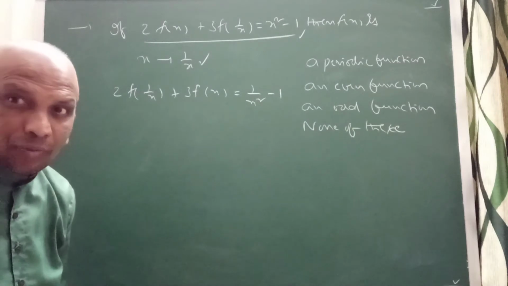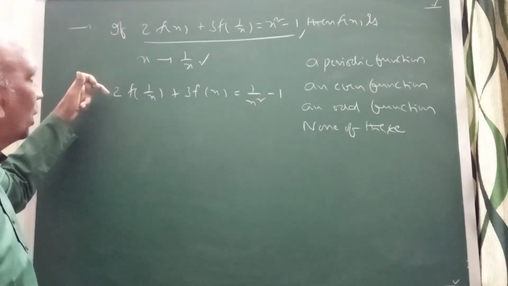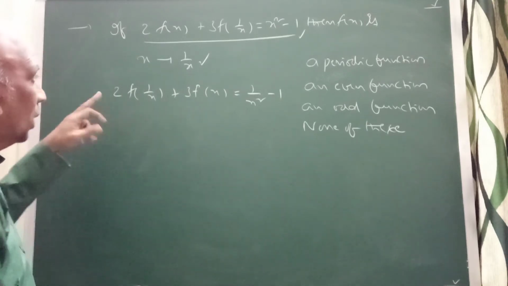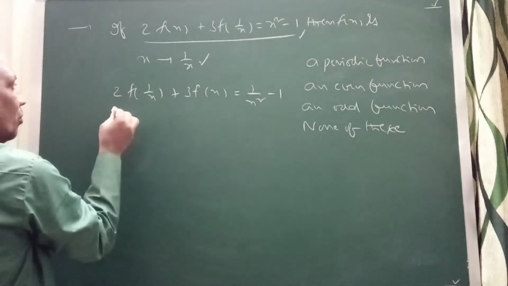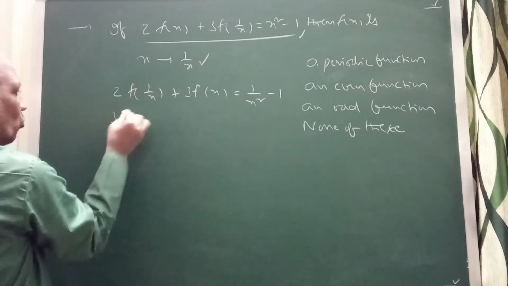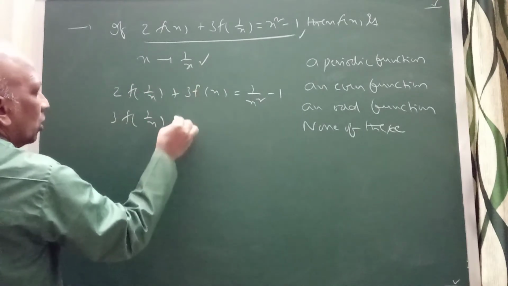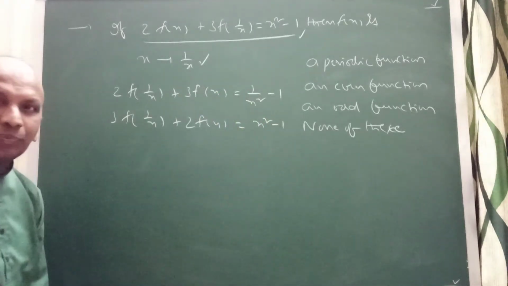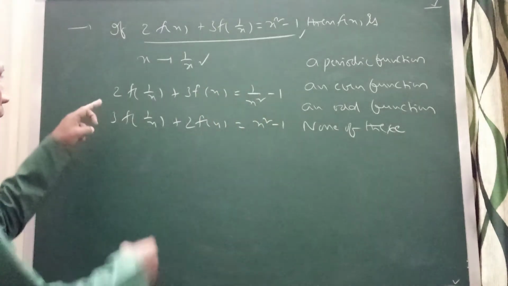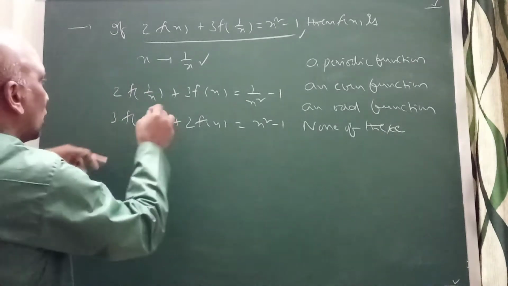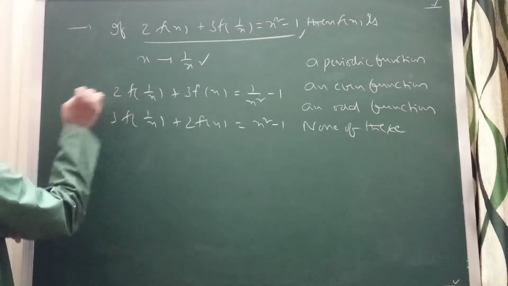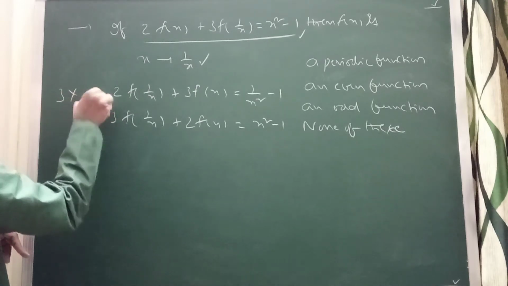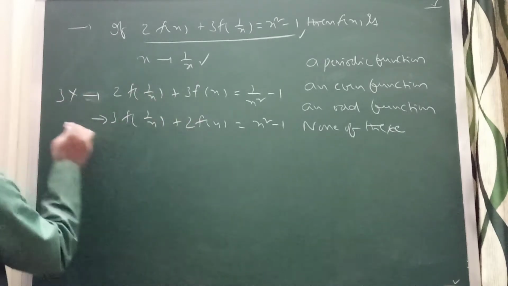The given equation is this. So I want simultaneous equations. This is given, this is a simultaneous equation. Correct? So I can multiply this equation. You can see here, suppose the given one has 3 into f of 1 by x, and the given equation is 2 into f of x equal to x square minus 1. Correct? The first equation, I want to eliminate this. So multiply this equation with 3, and multiply this equation with 2.